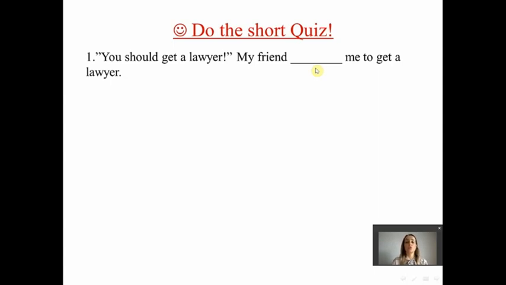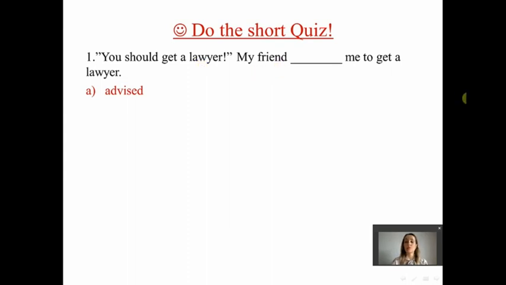I'll wait for you for a little bit. So, you should get a lawyer. What is the most appropriate verb here? Yes, that's right. My friend advised me to get a lawyer because this sentence, you should get a lawyer, is a sort of suggestion or advice.